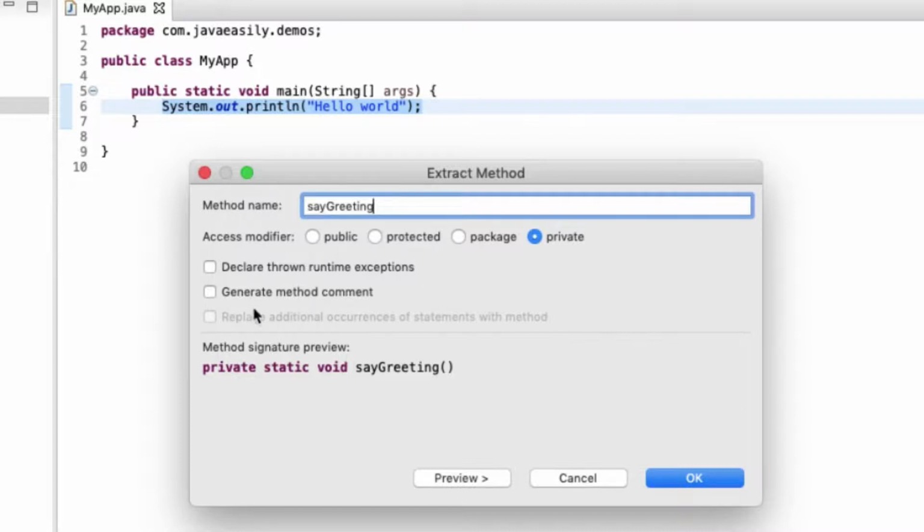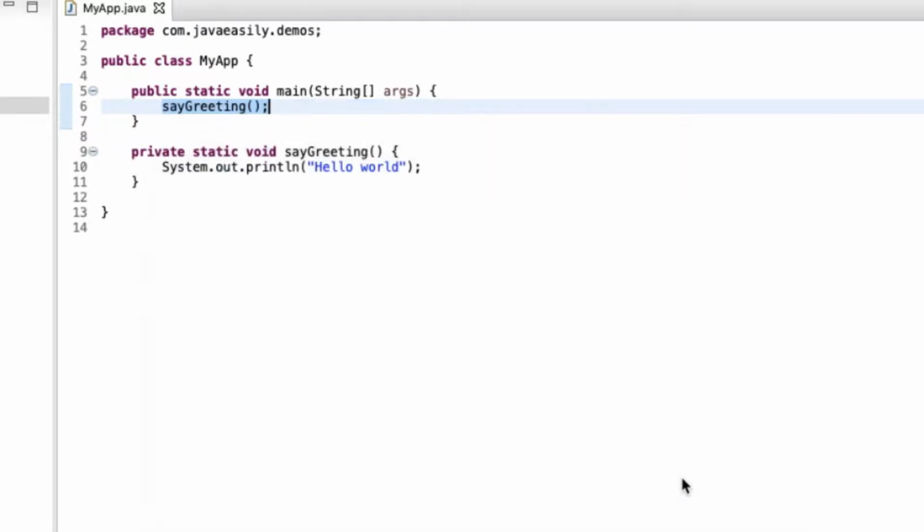Then here we can see we've got a preview of the signature itself. And the method signature is just a fancy way of saying what the method declaration looks like, with all its combination of modifiers, return types, method name, and input parameters. So now if we click on OK, you'll see that just like that, we've got a new method. So this is how you actually call a method. You just basically use the method name and then the two parentheses there, which matches the method name here and the two parentheses here.